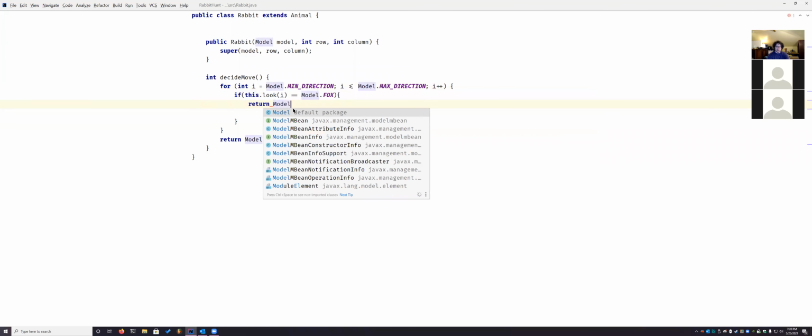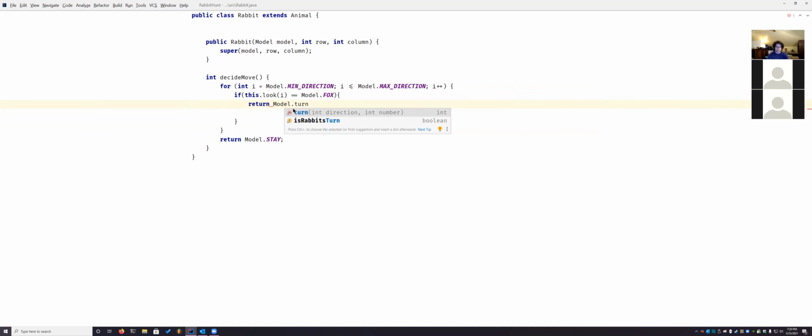Return model.turn, and then direction i, and then this is the number of counterclockwise turns, right? So this will be, so